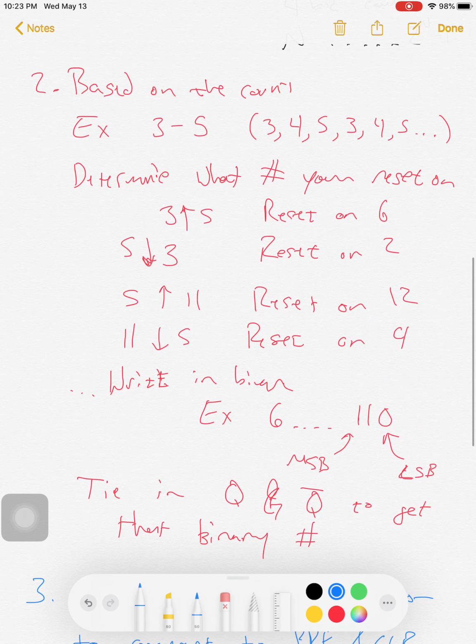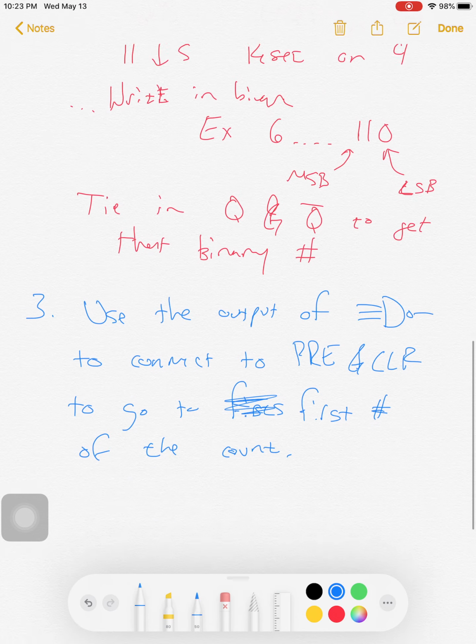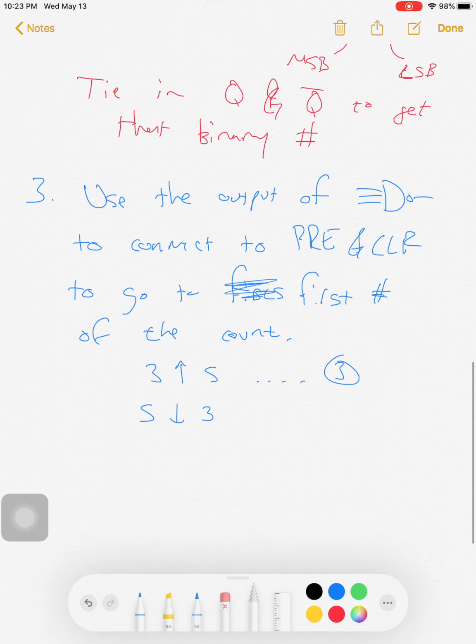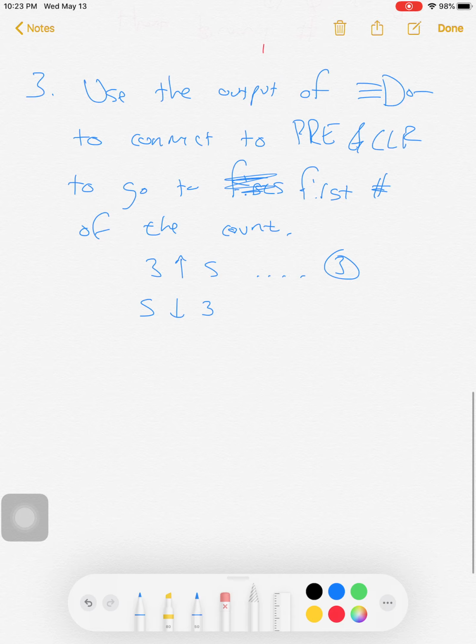So for us, we're counting from 3 to 5. So if we're going from 3 up to 5, our first number is then 3. If I was going from 5 down to 3, our first number